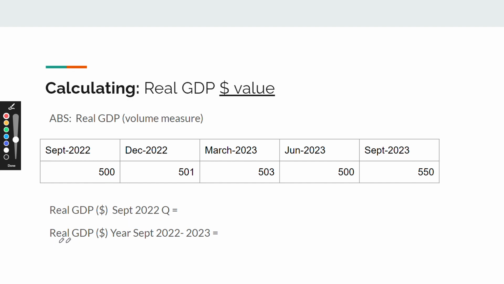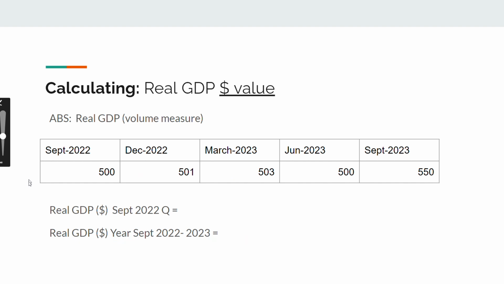What happens if we had to calculate the real GDP value over a year? Well, we just add the 4 quarters together. So that would be from September 2022 to September 2023. 4 quarters, 500 plus 501 plus 503 plus 500, and that would give us the total value of real GDP